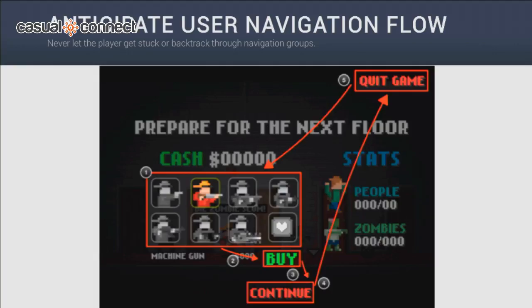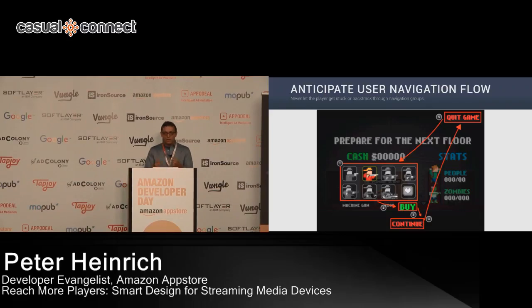Make sure that the left, right, up, down inputs move the highlighted selection in a logical way. So don't ever force the player down a navigation path that they can't escape, which goes hand in hand with that. And this is actually not as far-fetched as it sounds, because I've seen lots of games that try to be smart about this, do it algorithmically, and they look at what's physically to the left of the current selection, and then how do I move the user to that item, what do they have to press in order to get there, and then they find out that there's an error in their algorithm, and once you move to that spot, you can't move to any other items on the screen.